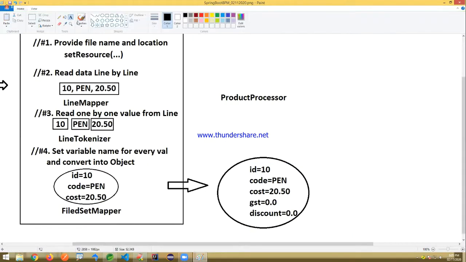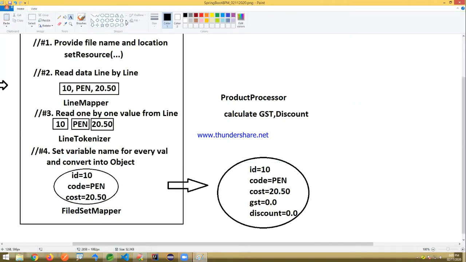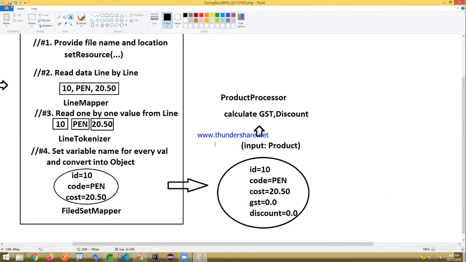I want to give it to the product processor. There it will calculate GST and discount by taking the input as a product object, which is given by the flat file item reader.